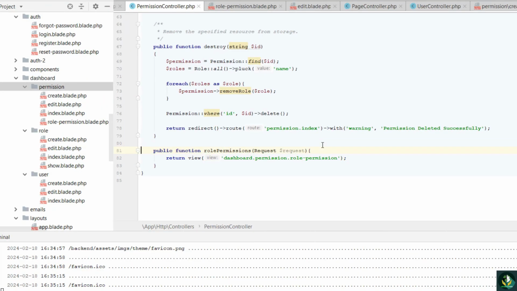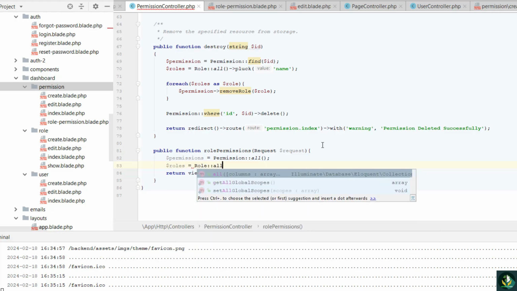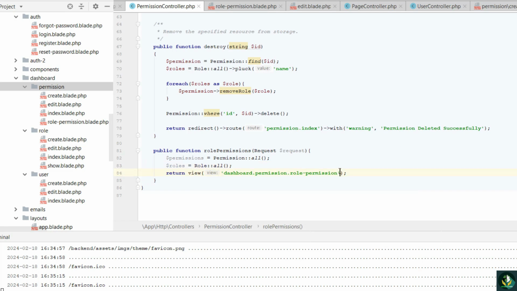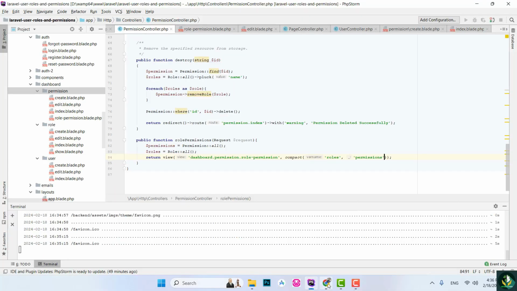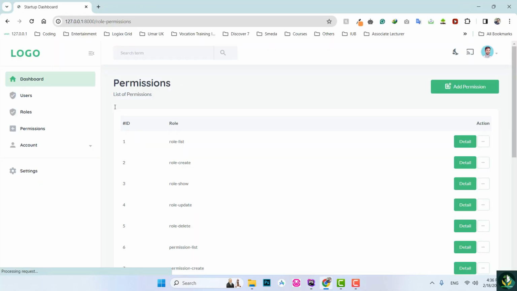So get a list of all permissions, Permission all. I also want roles. Let's pass both roles and permissions here. Let's save it. We basically need to pass them using the compact method. Let's save it. And now if I refresh this page, you can see it, but I want a role name as